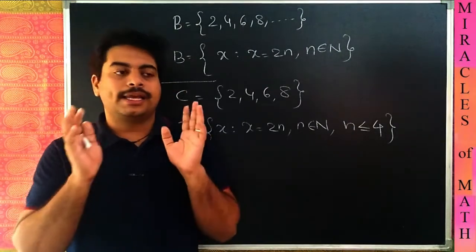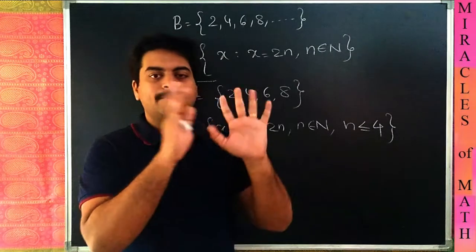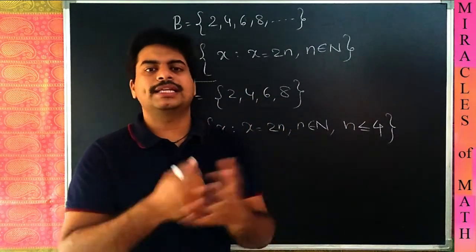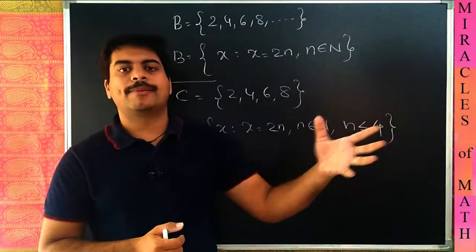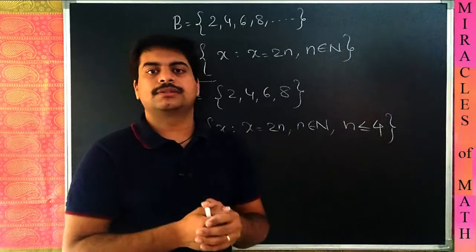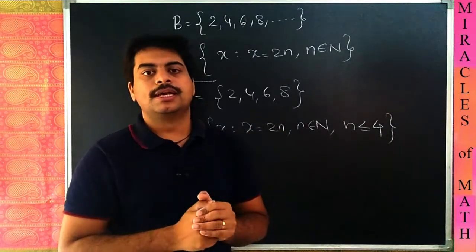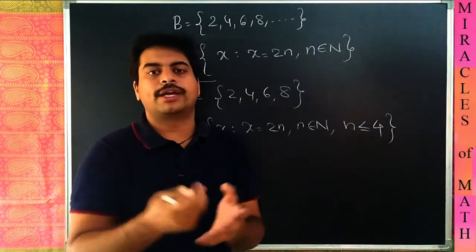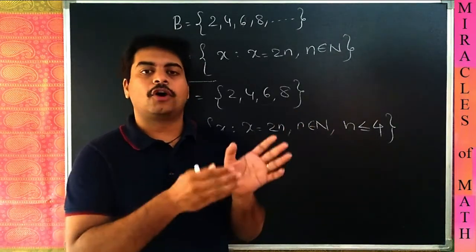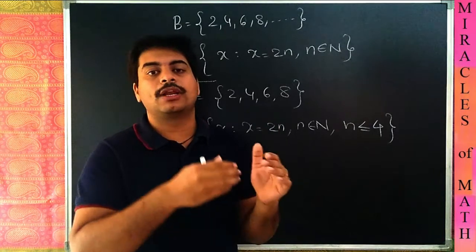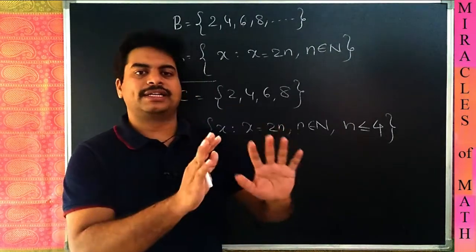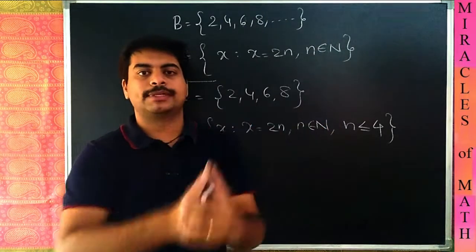Understood? Let us say like this. All the 11 team members are there. Set of all batsmen, that is a set. There may be 4 or 5 batsmen, we can write all of them. Set of all wicket keepers, one wicket keeper, we will write that one. Set of all bowlers, there may be 4 or 5 bowlers, we will write them. Set of all all-rounders. Set of all right hand batsmen. Set of all left hand batsmen. So all these are defined. We can just pick them from those 11 members.